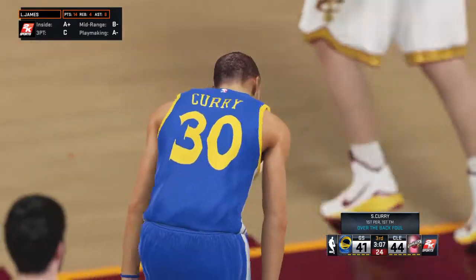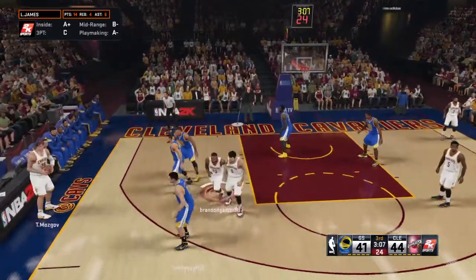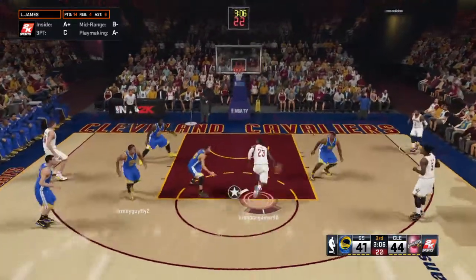And Steph Curry with the foul. That's his first foul. A little over-eager right there. Left his feet too early. And if you're already by...